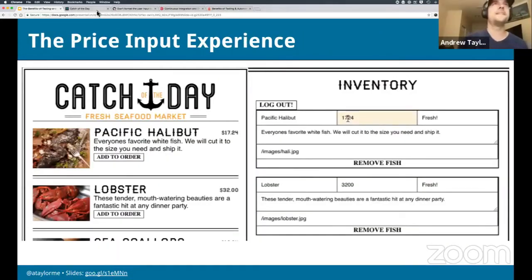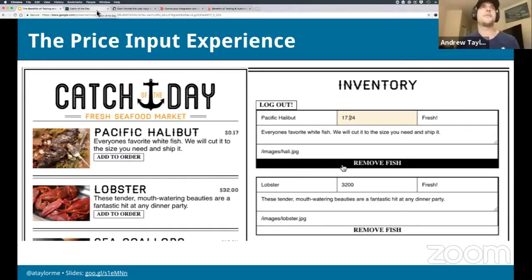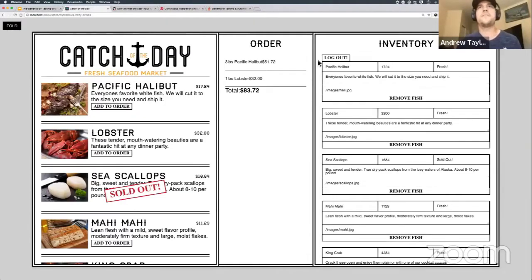One thing I did notice after I built this app and took the course is that the user experience for inputting the price is not the best. I have the app up here, and we can see that this price for halibut is $17.24, and that the app assumes that it's in cents. But if someone else is managing your store, and let's say they are used to putting in dollars and there's a decimal, and they save this without knowing that it needs to be in cents, well, now we come in and we see that our price over here, since it thinks it's 17.24 cents,